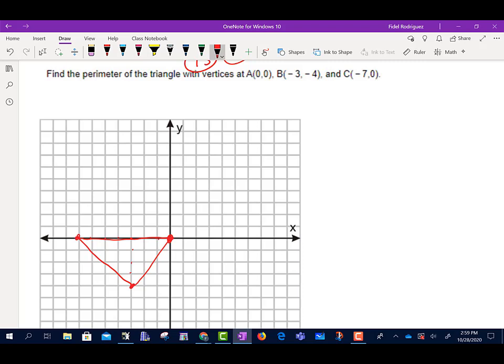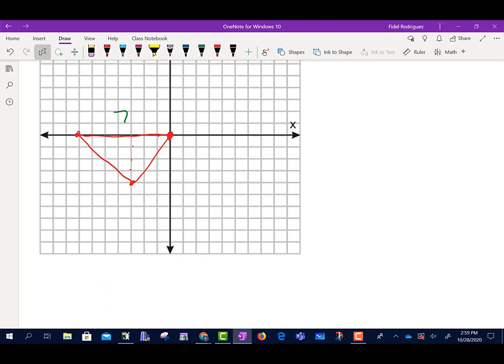And so we want to see if we can find some of these distances. Well, we know that the distance from here to here is going to be 7, right? That one we know. So the next thing I want to see is, could we find some of these other distances? So if I count 1, 2, 3, 4, I know the distance from there to there is 4. 1, 2, 3, I know the distance from here is 3. I'd like to see if we can find, say,